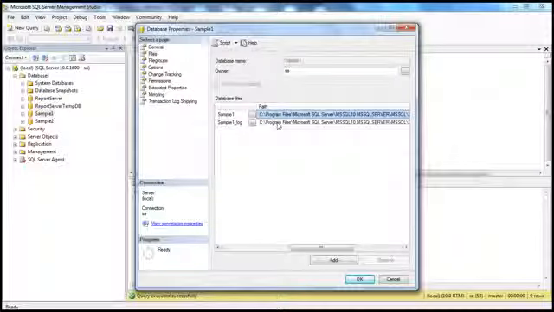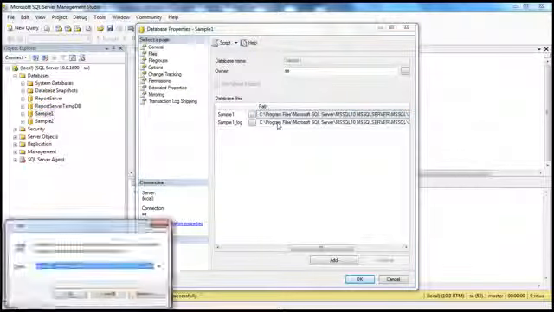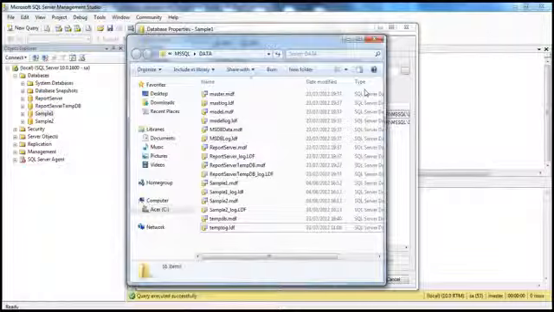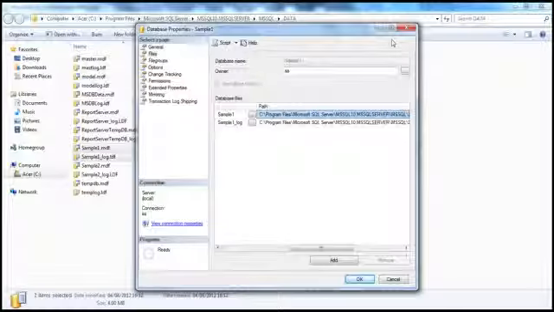Let me copy that path, paste that in the run window and press enter. Now if you look at this, you see there is sample1.mdf and sample1_log.ldf. So these are the two files that are related to the database that we have just created, sample1 and sample2. So sample2.mdf,